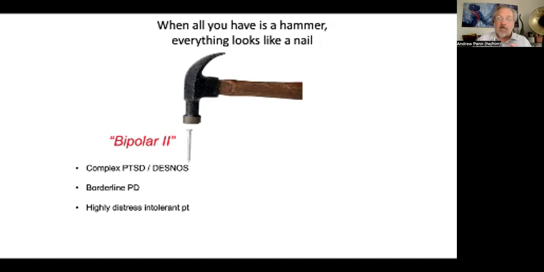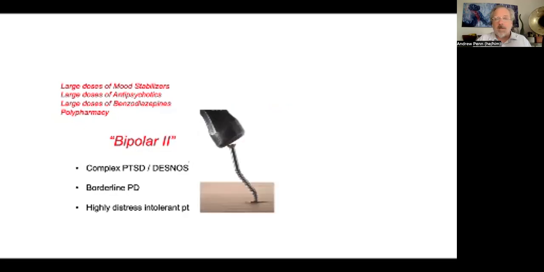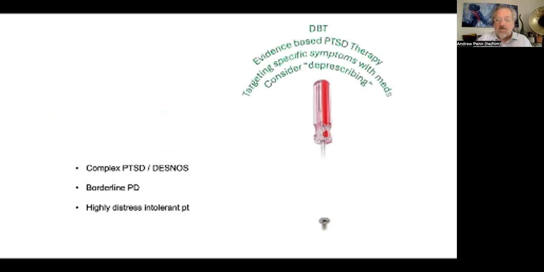When really they probably have more of this sort of relational trauma, maybe a borderline personality style, and they have difficulty tolerating distress. And so we throw a lot of meds at them, we throw antipsychotics at them, we throw benzodiazepines, and they generally don't tend to get very much. You don't see a lot of improvement because really, it's the wrong tool for the job. Like you can use a hammer to drive screws, but it's not going to work very well. So the right tool for the job is a screwdriver,